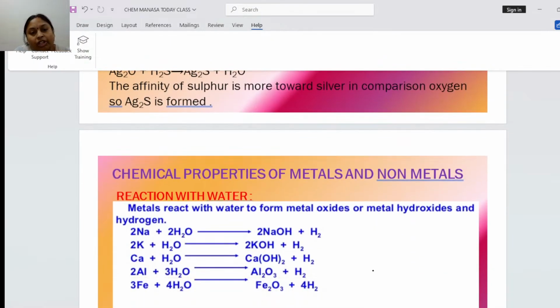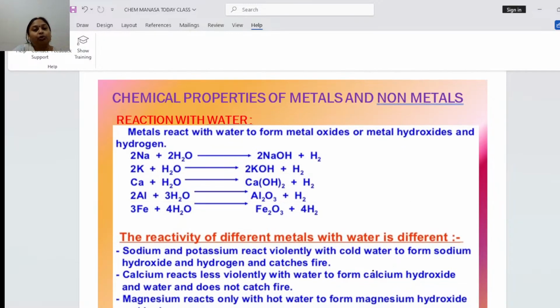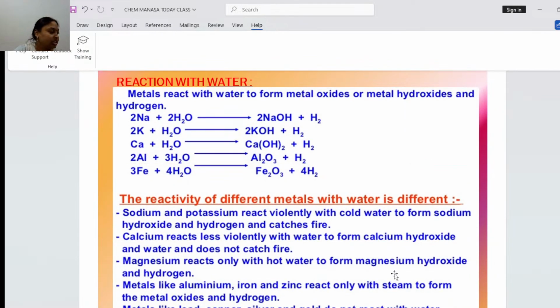Now we will go to the reaction and reactivity of metals. How can we prove that these metals are highly reactive? Regarding this, if we see,